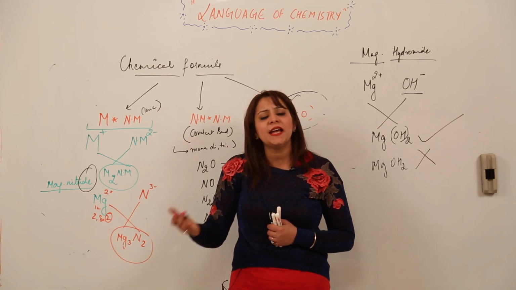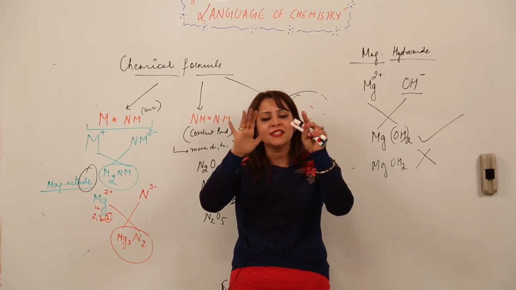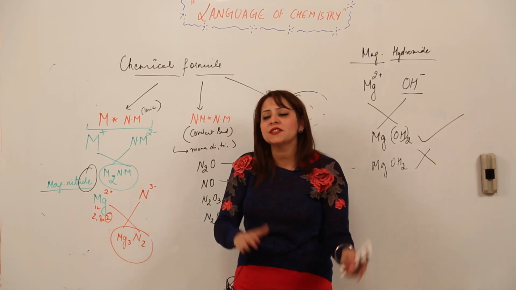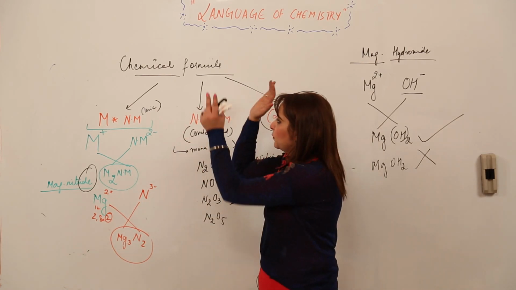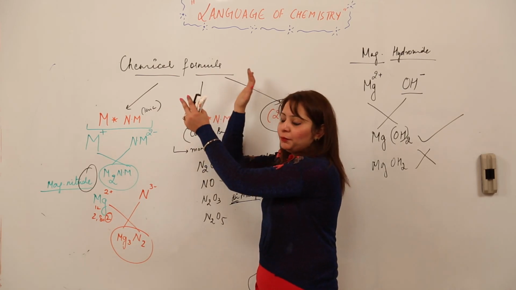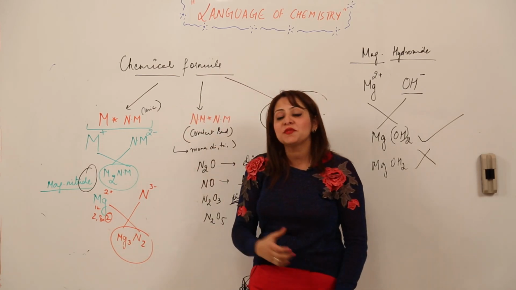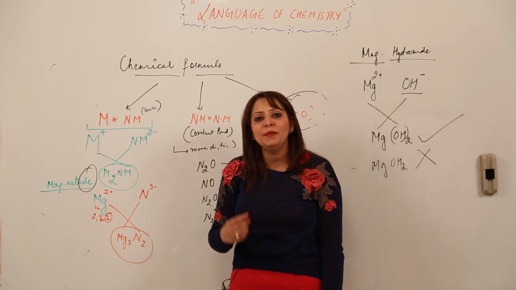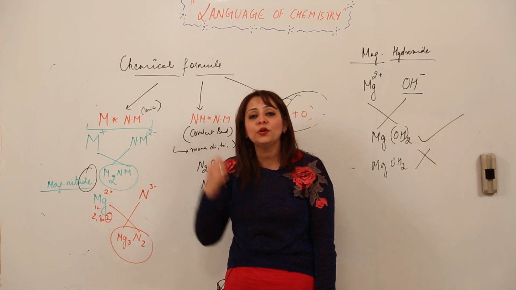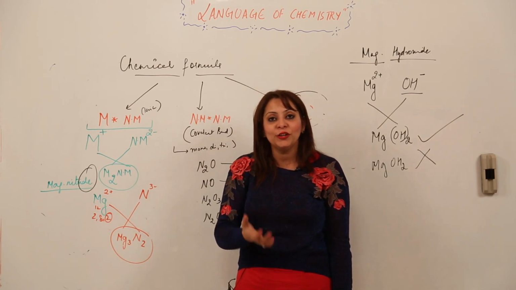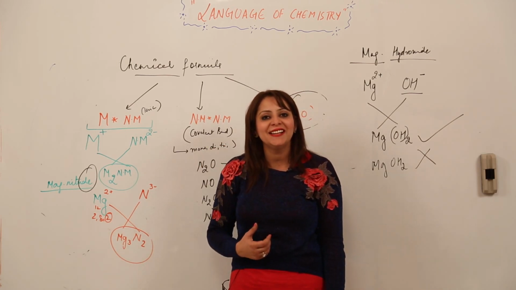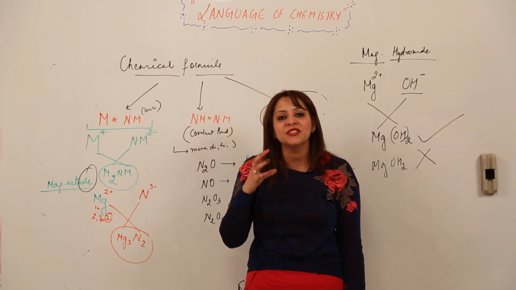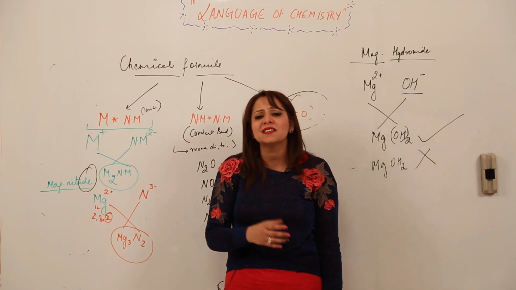Just make a chart, a valency chart, place it on thermocol, and pin it on the wall wherever you sleep, and whenever you get up, make a habit to read it. I'm sure that within a week you will be familiar and you will be more good in the valencies, if you compare yourself with me, right. So the one thing I want to tell you: just do it, you can do it, and the valency is not a big